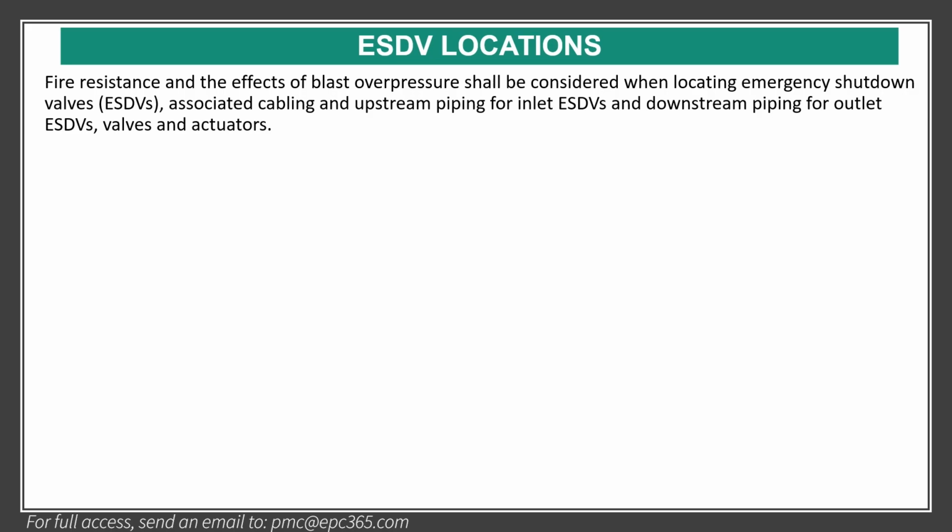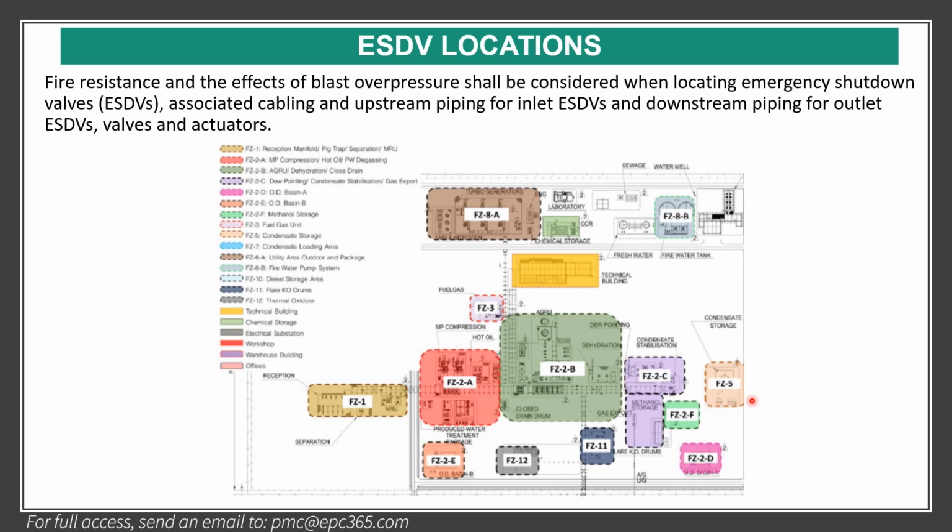ESD location: normally we have to define where the ESD valves are, because they are very important, and they have to isolate the fire area. For example, between this and this area, there should be an ESD valve somewhere in a safe area, so that if there is a fire here, this ESD valve, being in a safe area, will do this function